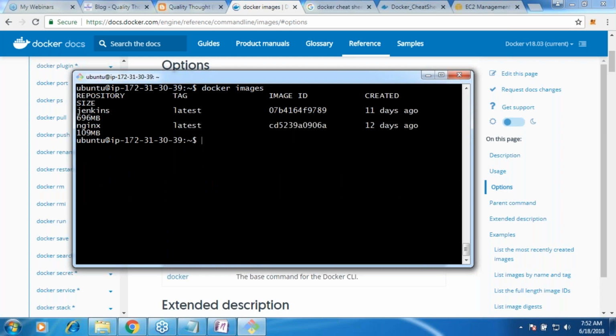But let us assume that I want to remove all the images from my system, exactly like what we have done with the containers. So let us see docker images -q. What does it give? Two image IDs. If you pass this to the rmi command, problem solved. So docker rmi, since I'm running one more Linux command, I'm using $, parenthesis, and then I'm saying docker images -q.